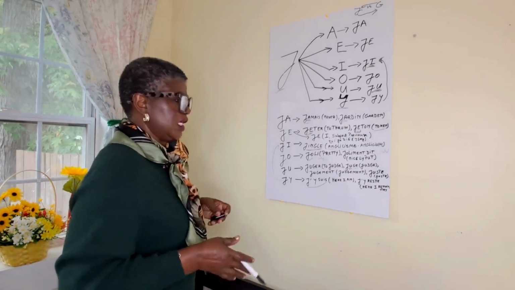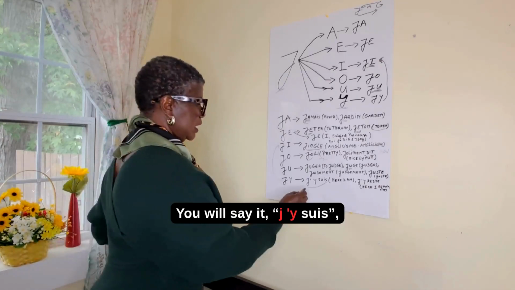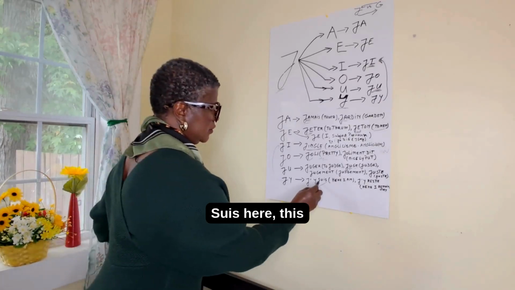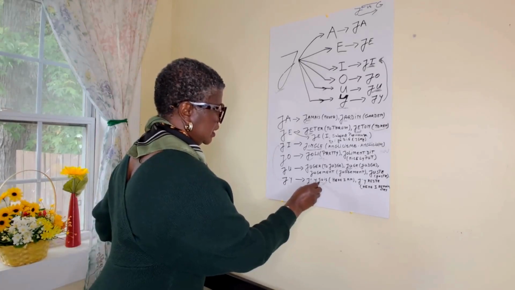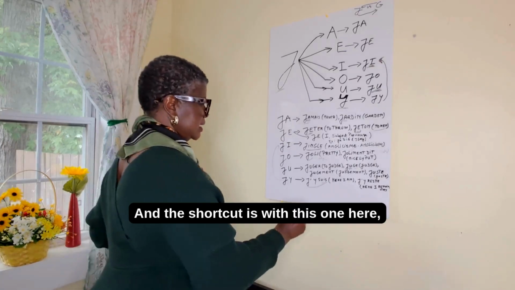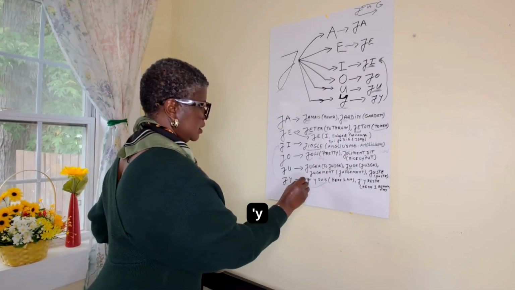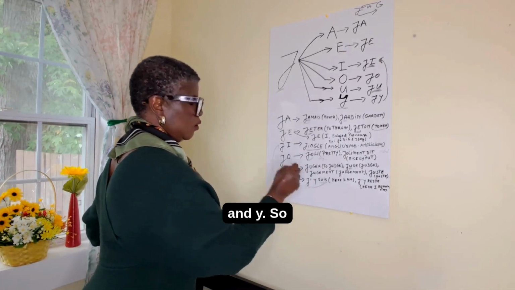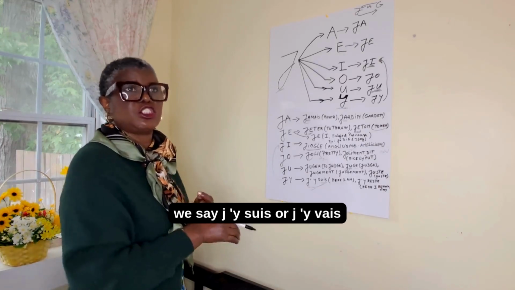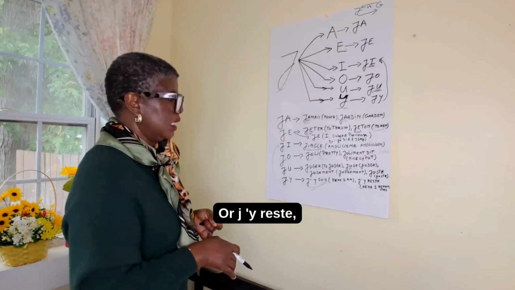Okay? So in French, if you want to say here I am, how are you going to say it? You will say j'y suis. J'y suis. Suis here is the verb to be, in the present tense. And the shortcut is with the J, apostrophe, and Y. So if you hear j'y suis, or j'y vais, here I'm going,